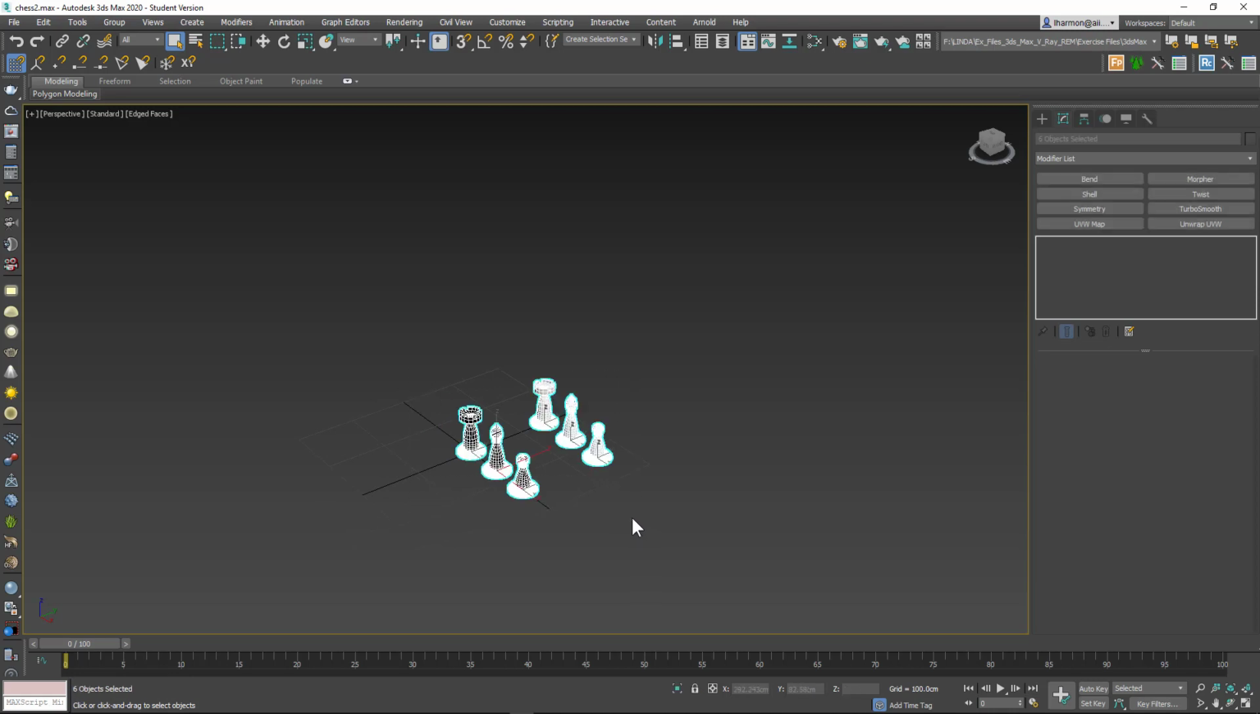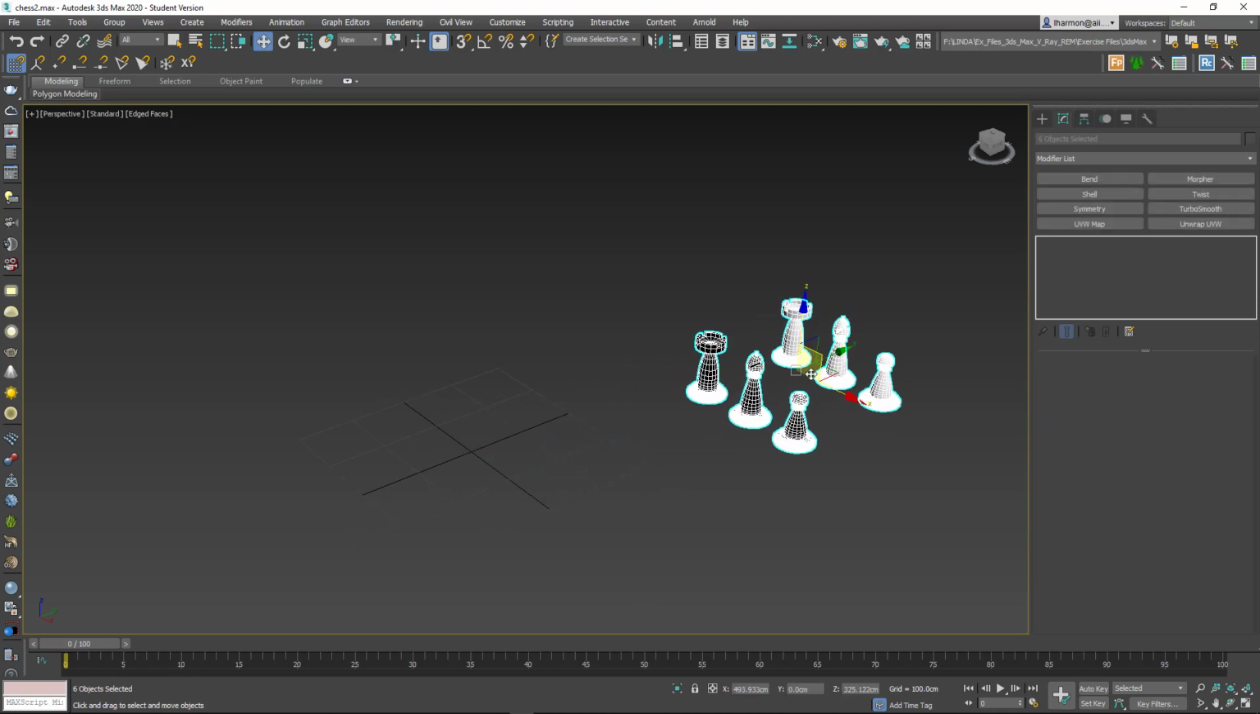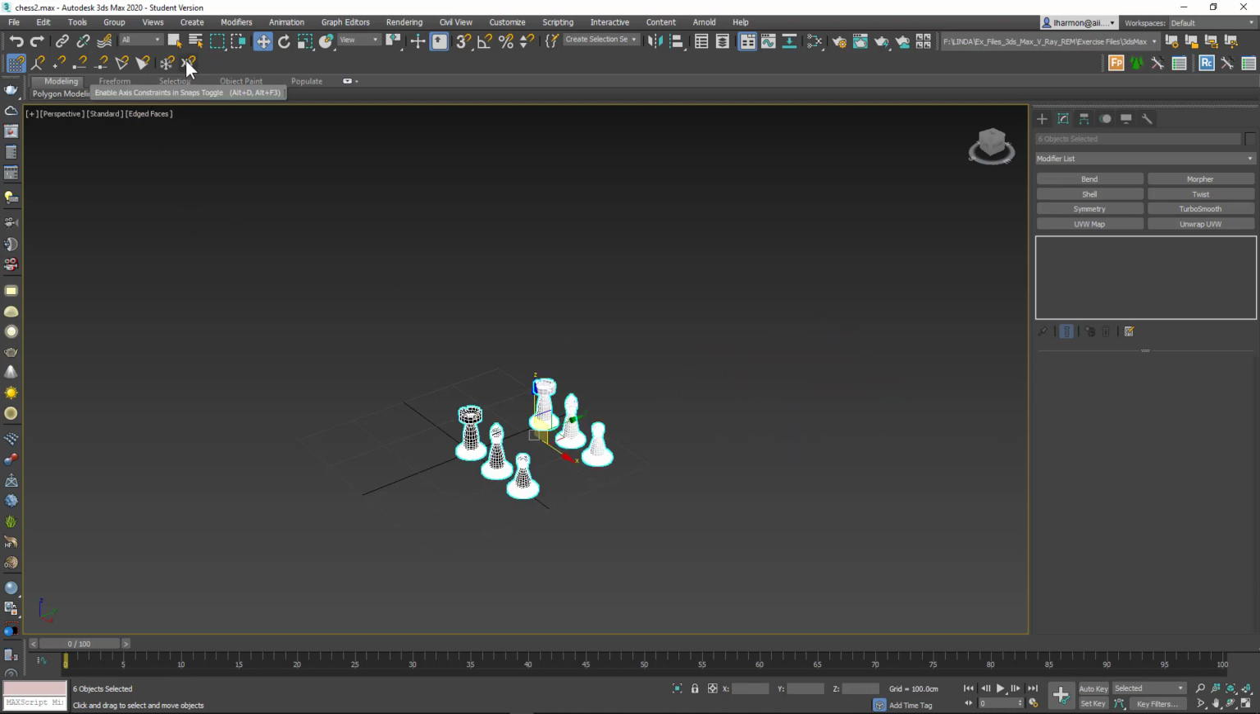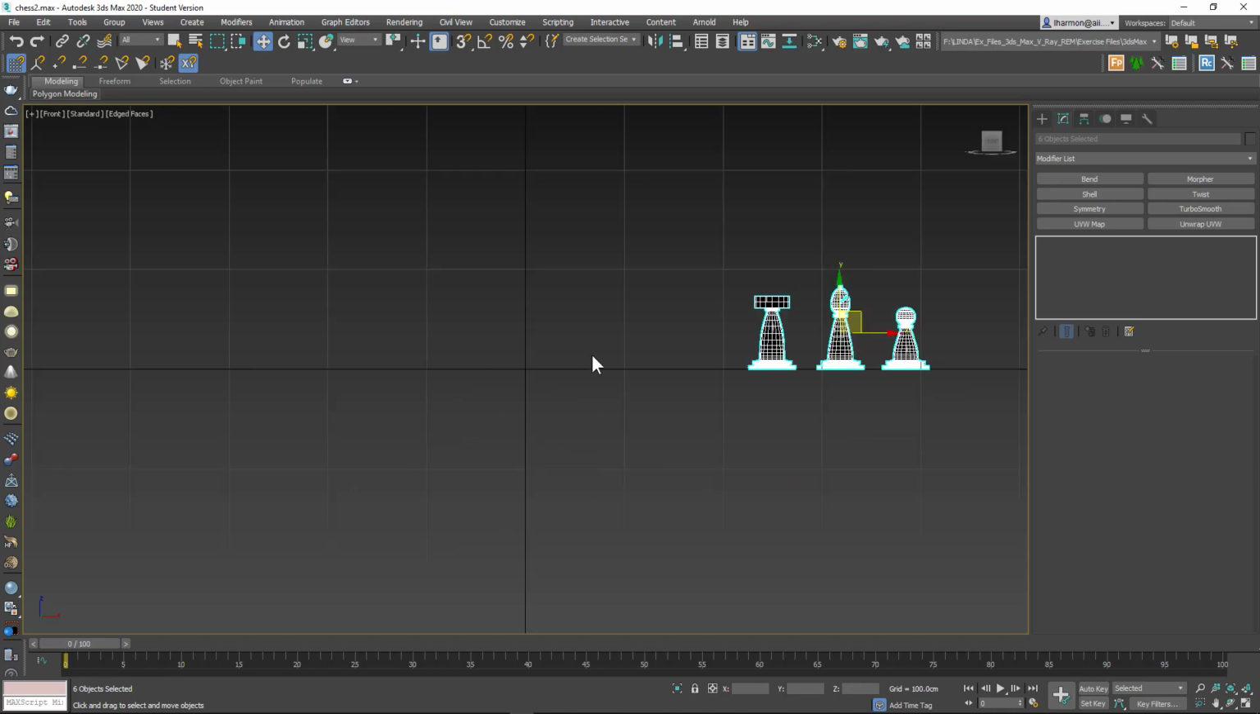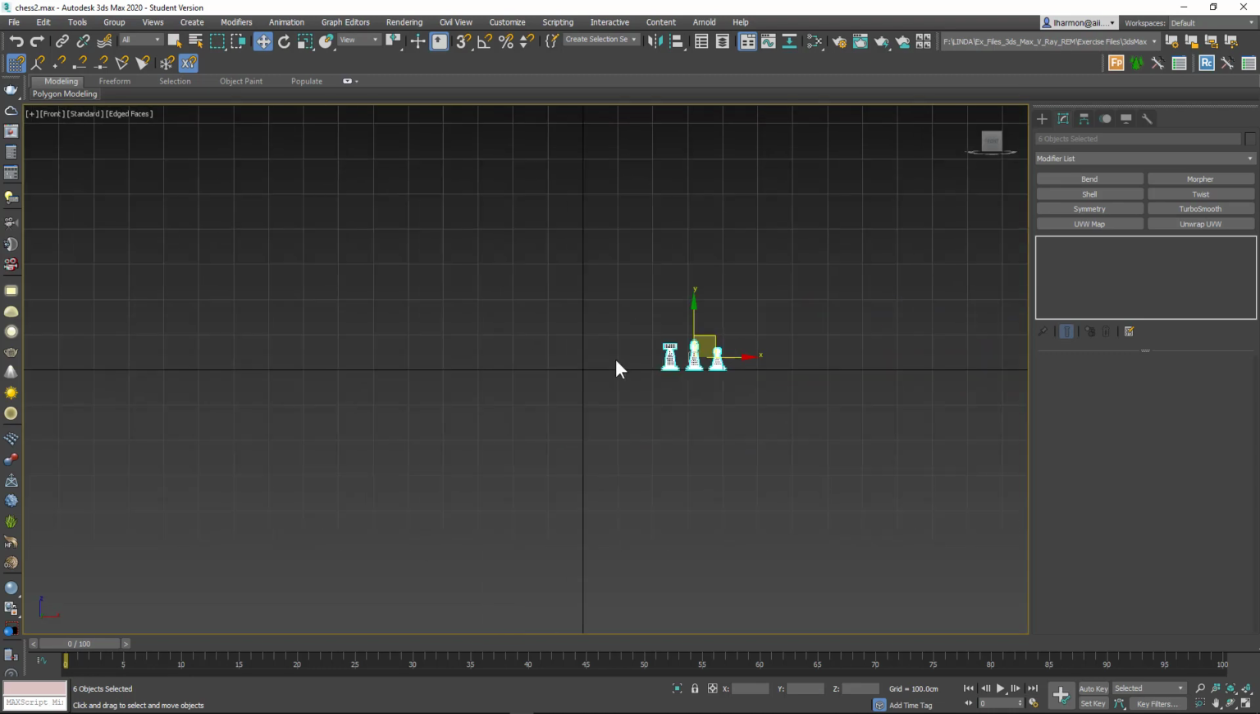What we need to do next is make our board. So I'm just going to move, oops. Let's make sure I have that constraint. I'm going to move those off. I'm going to make the board here. I'm going to hit F for front, and